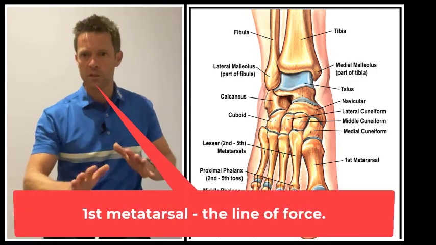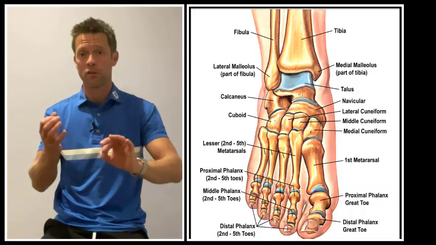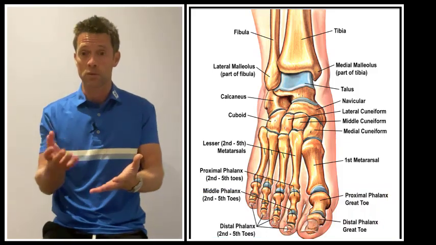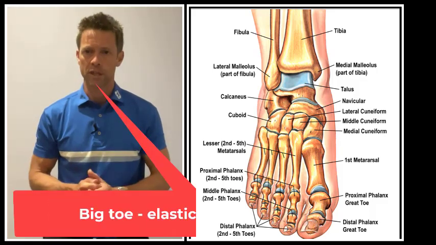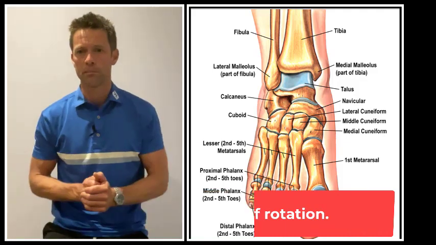So to move pressure from side to side through our body, we have to move pressure along that long bone, that first metatarsal, into the base of that big toe. The base of the big toe, in many ways, or the big toe in particular, is then often referred to as the elastic point of rotation. It's where we push off and how we interact and leverage with the floor to then produce rotation